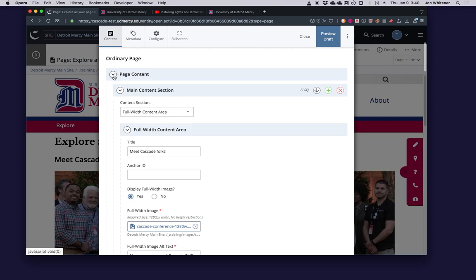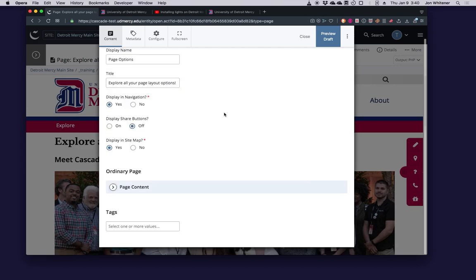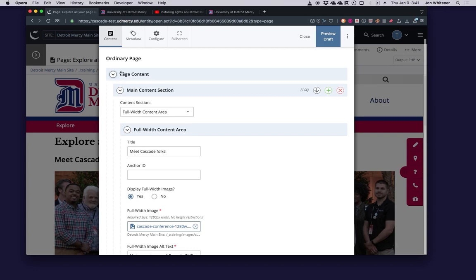Real quick, you'll notice that these little hide and show icons here can be very handy. Right there, it jumped down because I hid all the page content by turning that, and by clicking it again, it will show all the content sections. So a page is broken down into content sections, main content sections. You see the first one here.